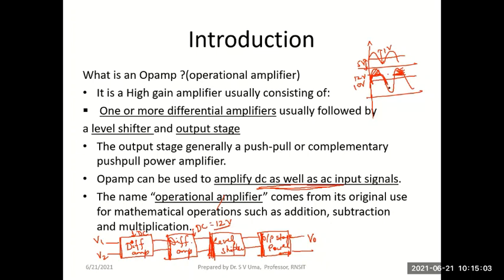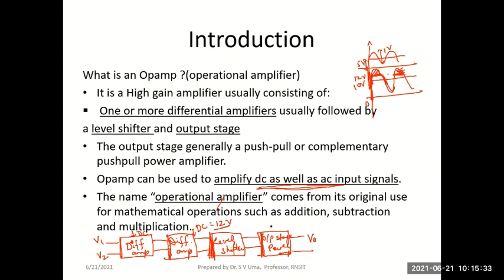Similarly, on the other side, negative also we can supply. So this should be avoided by shifting the level of the DC back to ground. This level shifter, when required, will shift the DC level back to 0 so that we can avoid saturation and clipping of voltages. So that is done at certain stages.